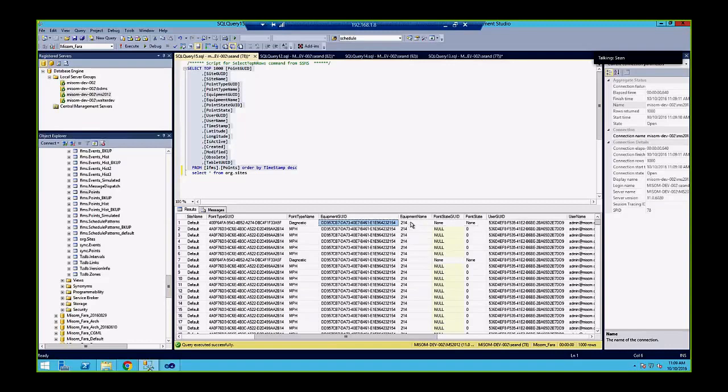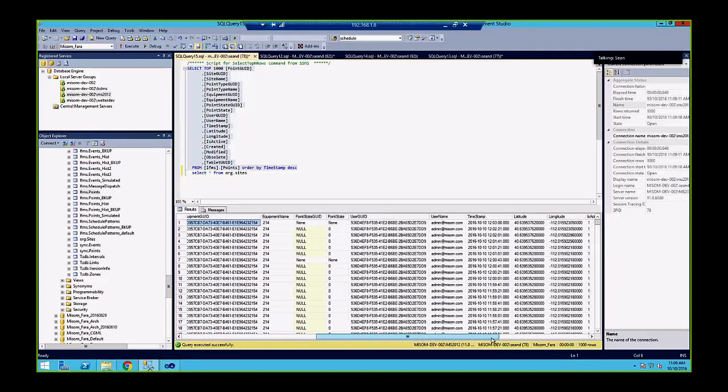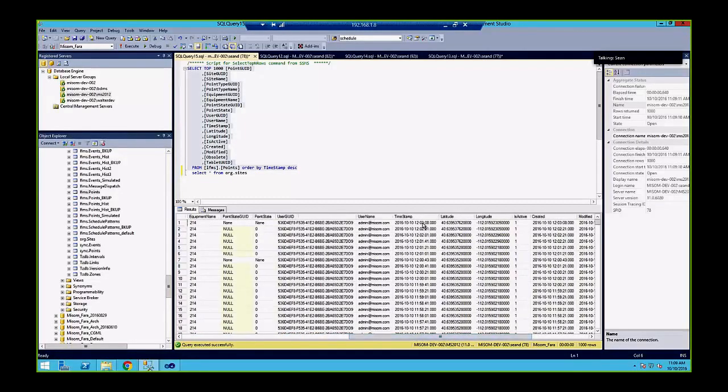Now these tables are not normalized. If they were normalized, you wouldn't see this 214 here, because the 214 is related exactly to this equipment GUID. But in order to speed up the BI, we also include the equipment name. So as you can see, we have all these different columns, but the key thing I wanted to point out